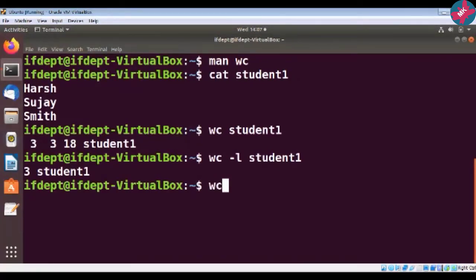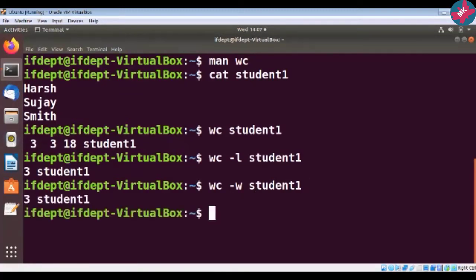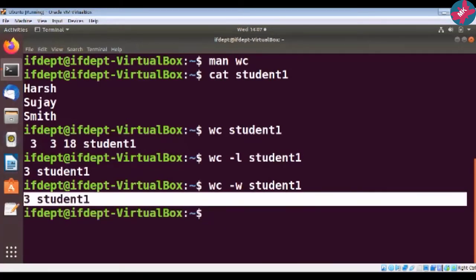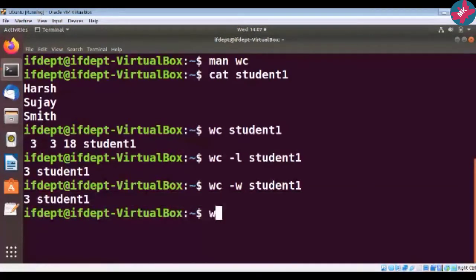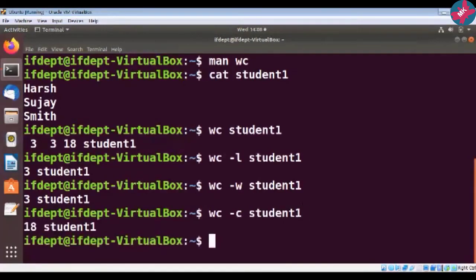Now suppose I want to know how many words are there. So here I will use the -w option. See here, it has given me 3 student1, which means 3 words are there. Now I'll use one more option, WC -c. So let us check the output. Student1.